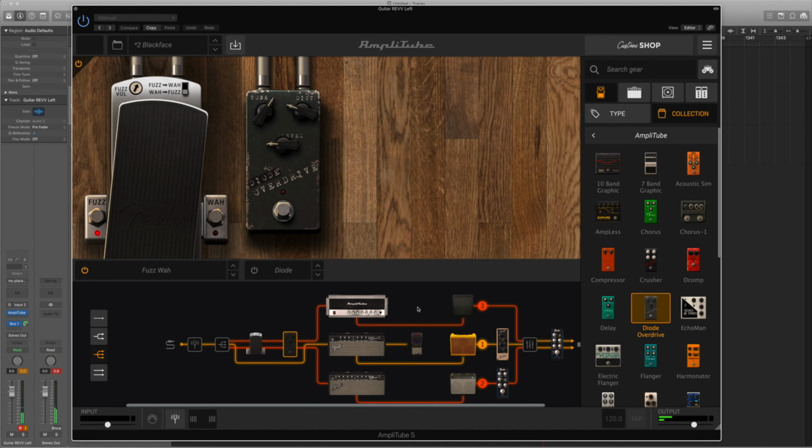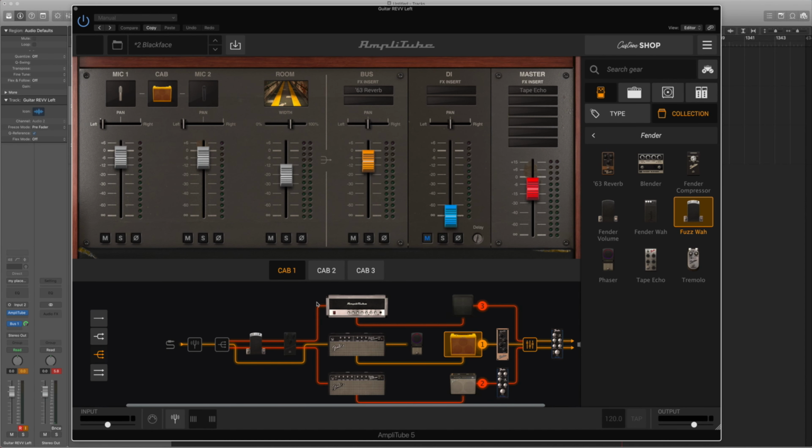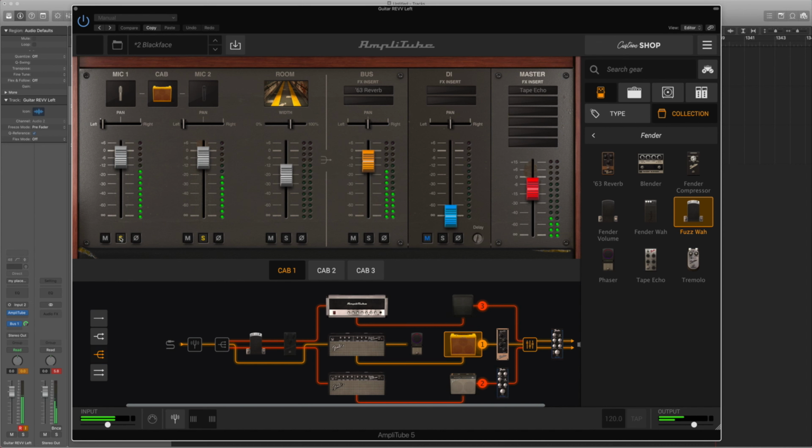So hang on, for some reason that bypasses those. Why does it bypass those? I want it on all of them. So if I just listen to the cab 1, if I solo cab 1, that's just clean with the phaser. Oh, well, that's something else as well. I'm sure you can somehow...